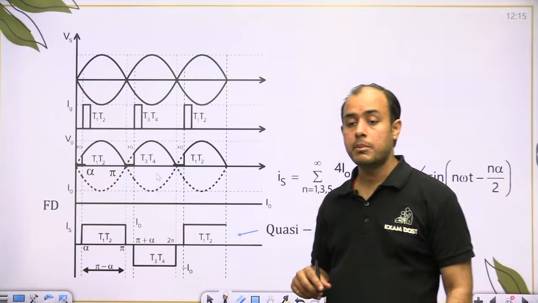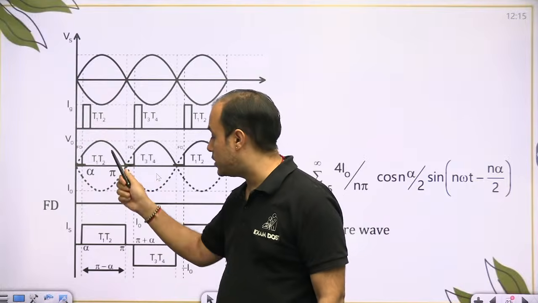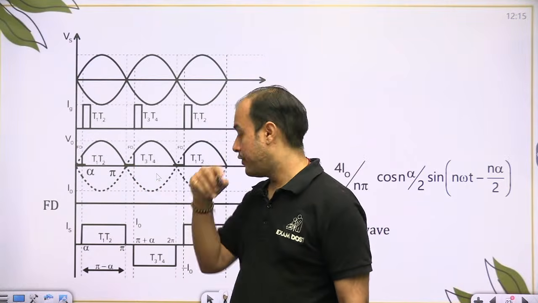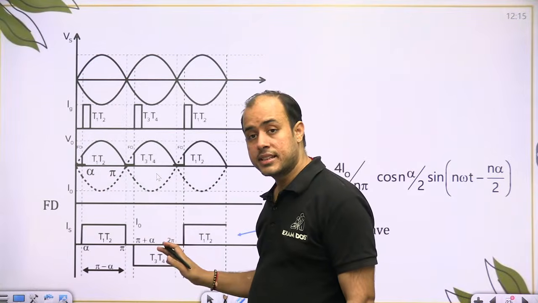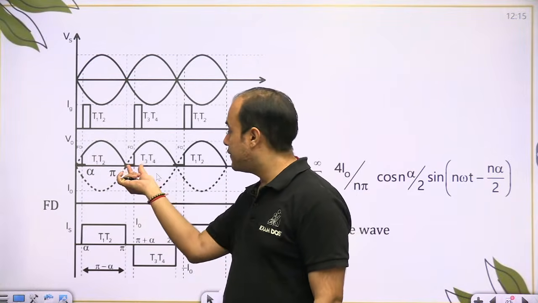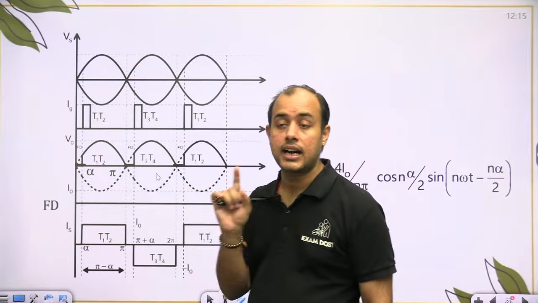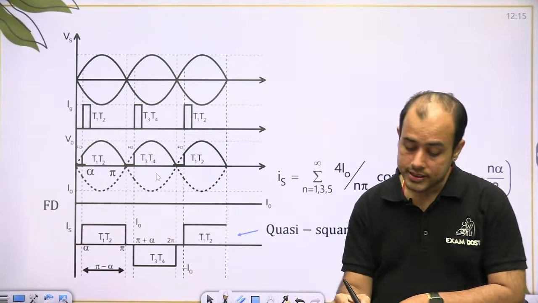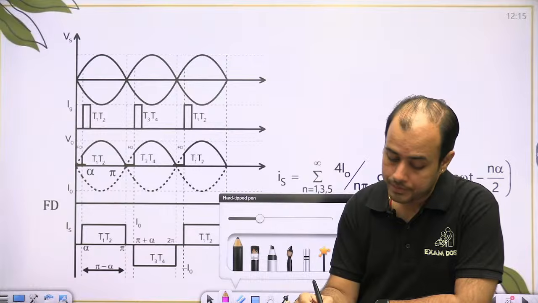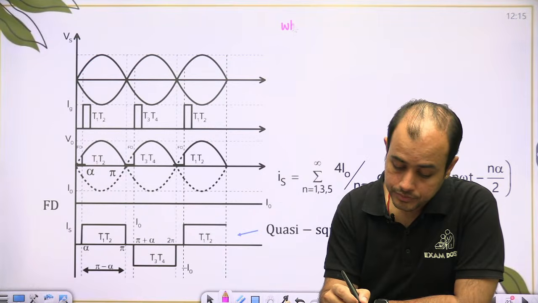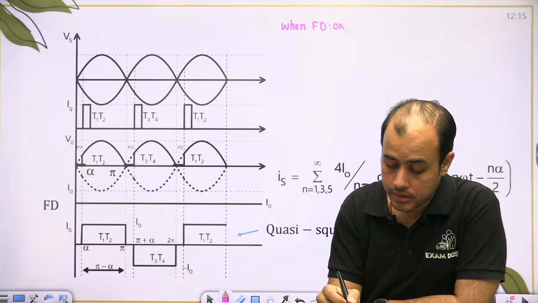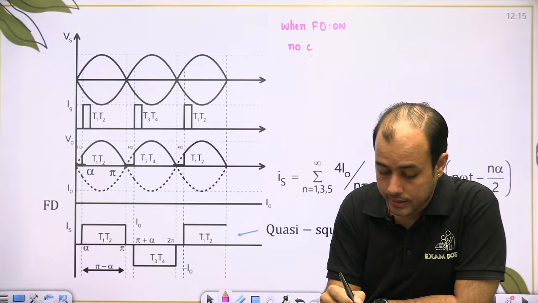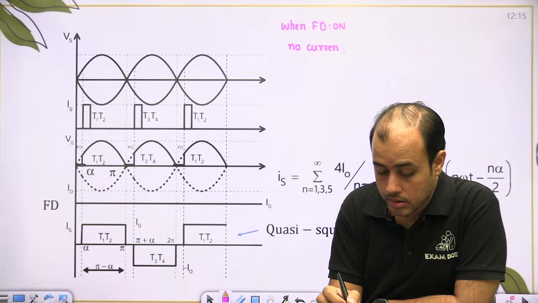So when you talk about the supply current, when T1, T2 are on, it is I0. When T3, T4 are on, minus I0. So this is a quasi square wave. When freewheeling diode is conducting, that time your supply current would be 0. When freewheeling diode is on, no current comes from supply,